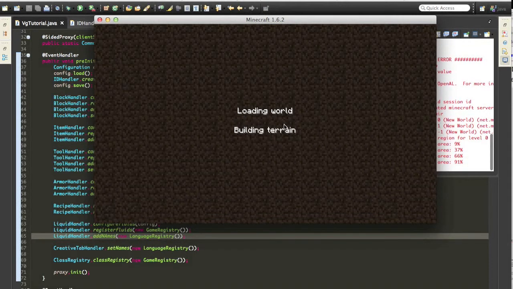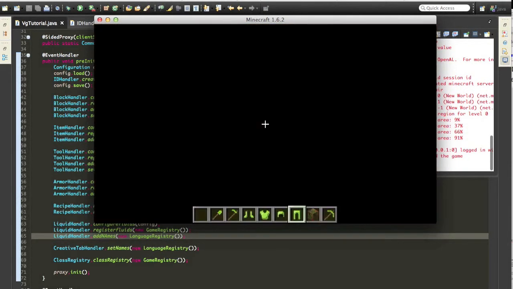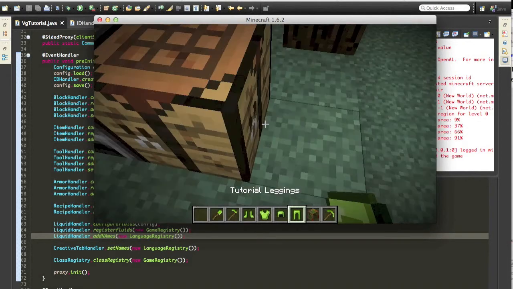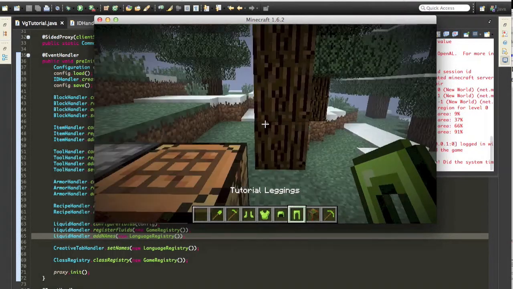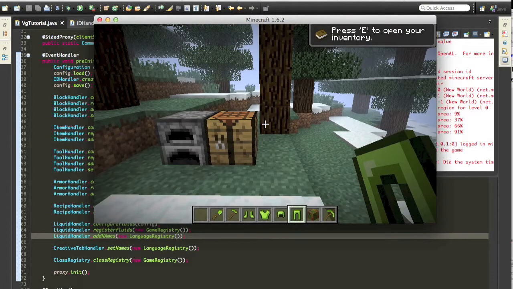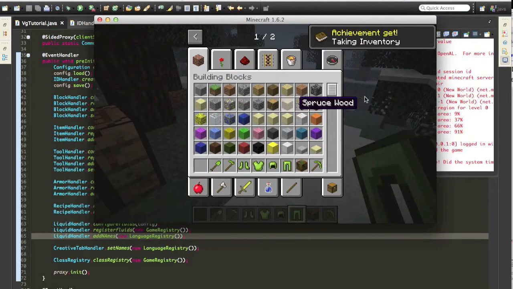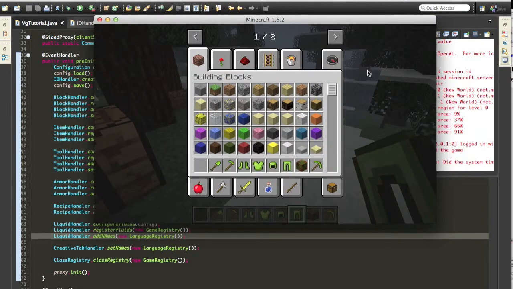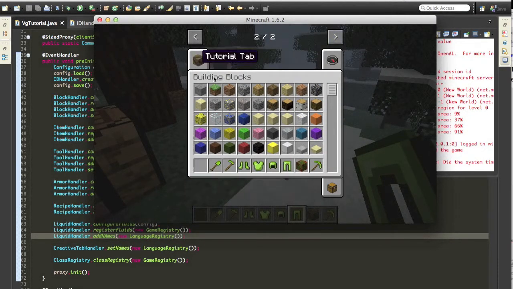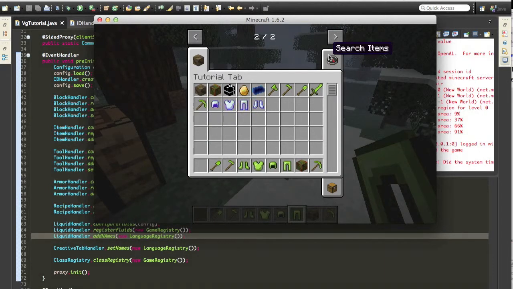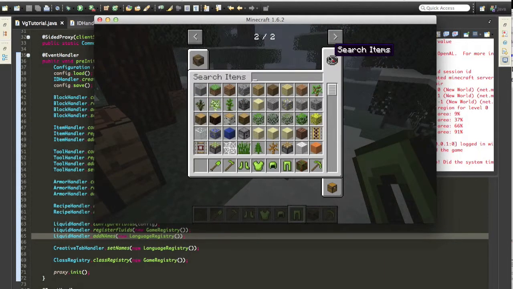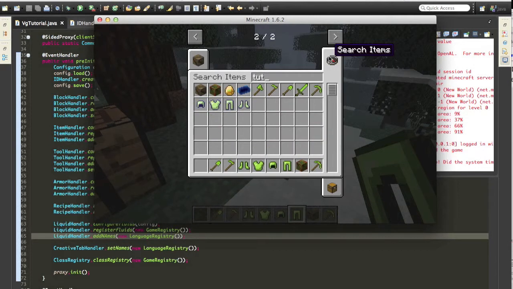It quite literally doesn't mean anything. Okay, so E. Let's go into our creative tab. It may or may not be there. It probably isn't. Let's go to tutorial,